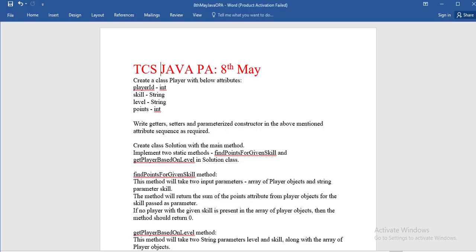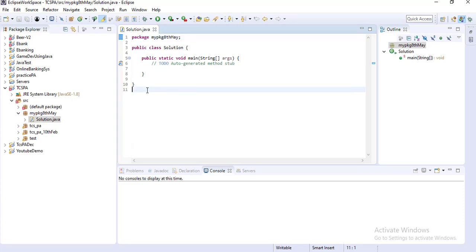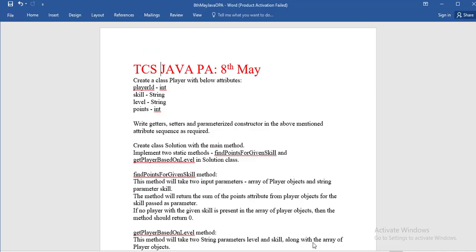Then if you go here, you can see that you have to write a Player class. So I am creating another class, Player, and this class will contain the below attributes.